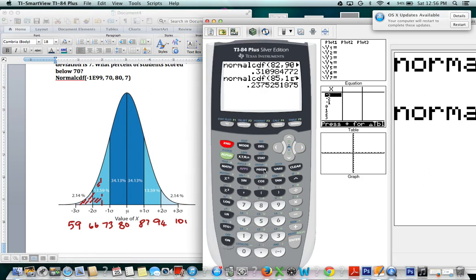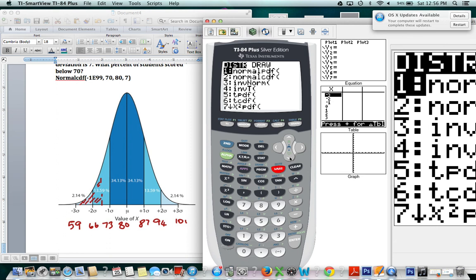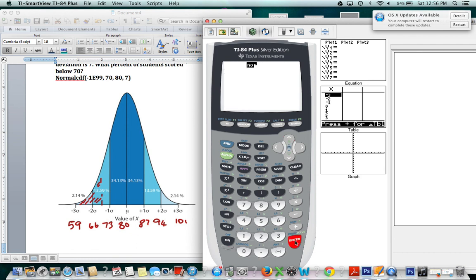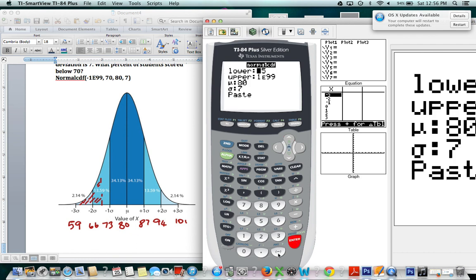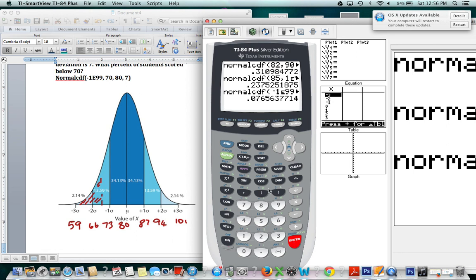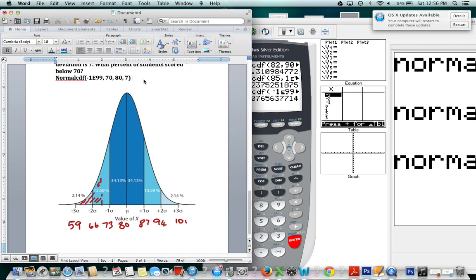Second, again, vars, so second distribution, normal CDF, enter. My lower bound in this case is negative 1e99. And my upper bound is 70. And my standard deviation and mean are the same. So now we're ready to press paste and enter. And we have here that that's equal to